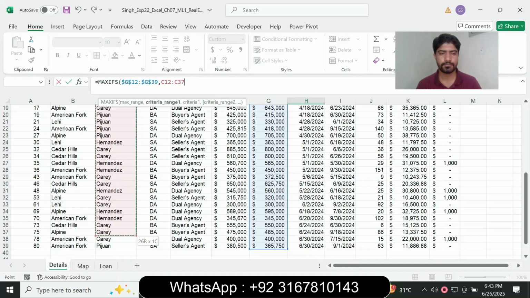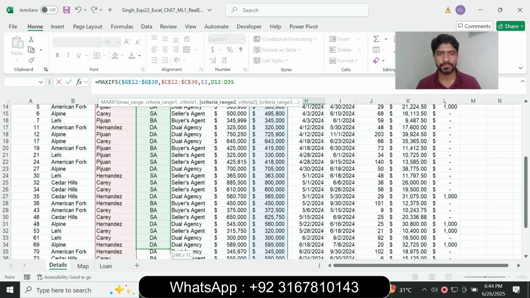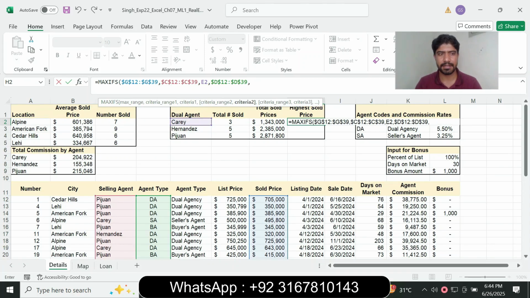Apply the absolute reference, press F4, C12 to C39, and next is E2, and next is D12 to D39, apply the absolute reference, and next is J3,